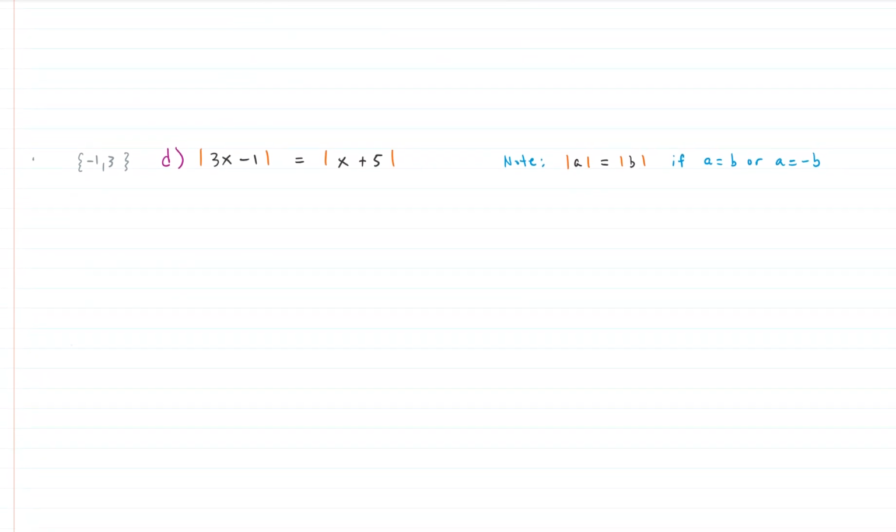Let's do one more. This is our last one, and this is kind of a unique one because we have 2 absolute values. So there's a little trick here. If you have 2 quantities in absolute value, I have a note here on the right that helps you. The absolute value of A equals the absolute value of B if A equals B or if A equals negative B. So we use that rule and we can easily solve this problem. So we have 2 options. Option 1 is either 3x minus 1 equals x plus 5, or option 2,